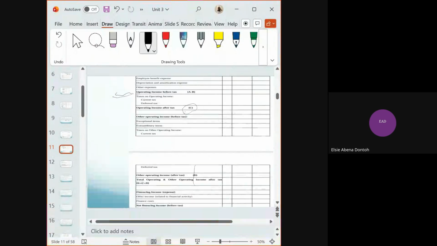Then for financing income as an expense, other income related to financial activities and financial costs will give you net financial income after tax. Yes, Joseph,